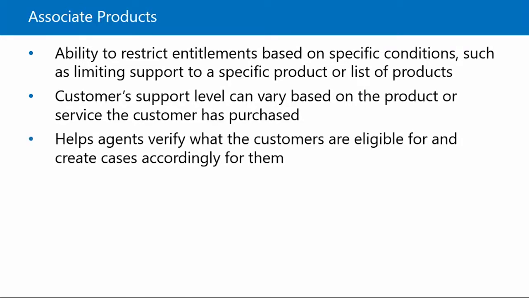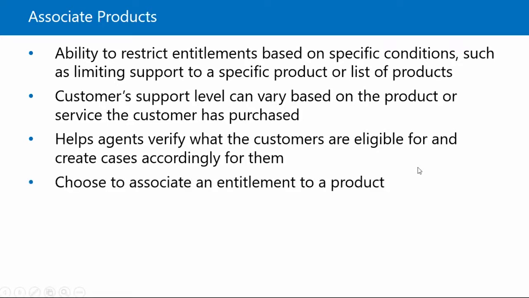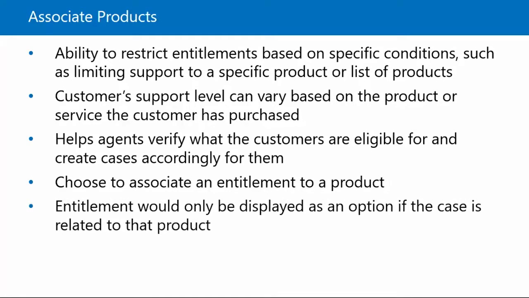This information helps the customer agents verify what the customers are eligible for and create cases accordingly for them. Similar to entitlement channels, you can choose to associate an entitlement to a product. For example, let's say that we're working with the Litware M500 tablet. The specific entitlement would only be displayed as an available option if the case is related to the Litware M500